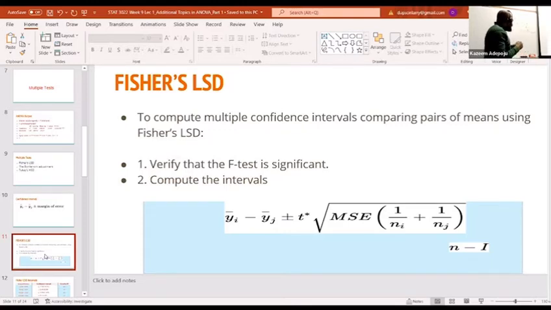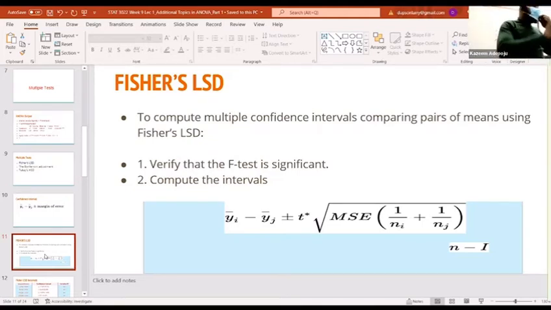Okay. Now, let me see. Sorry. Not 6. This is 6... 1, 2. Okay. My M equal to 3. Which means I'm basically going to look at between A and B, B and C, and A and C. How many tests? The number of comparison tests is basically